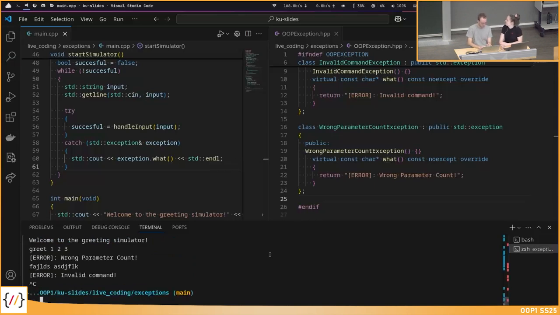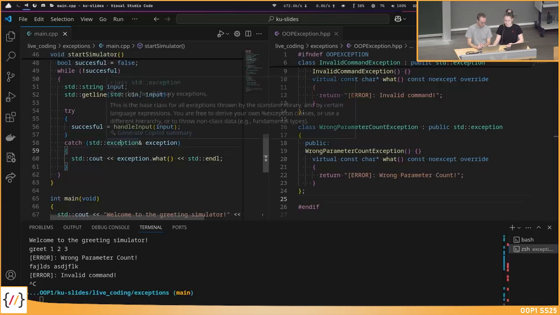But maybe this is not the right approach because what happens now if we get the bad alloc exception, for example, in the handle input, somewhere in the memory is allocated and this fails? So we need to distinguish the bad alloc exception from our own exceptions in this case. Because what would happen now is the allocation fails, bad alloc is thrown, we catch it here with the exception, print, okay, bad alloc, but then we never exit the program.